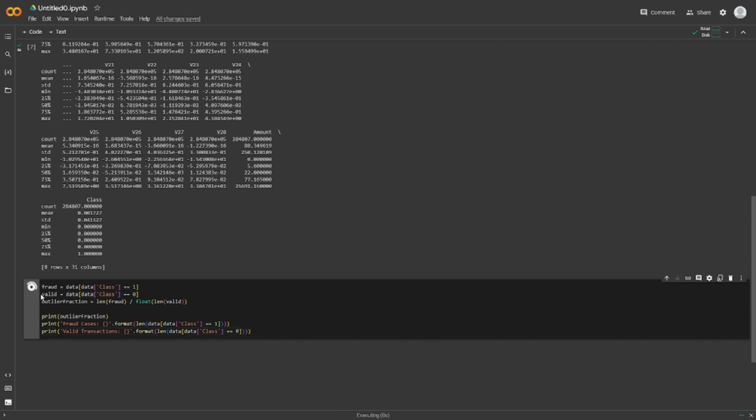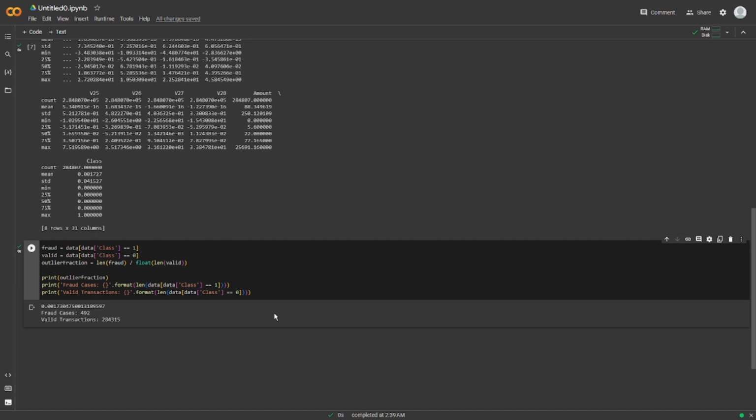Alright, let's make sure we didn't make any errors. Looks good. So in this code snippet, we create two subsets from the data set. Fraud, which contains the fraudulent transactions, and valid, which contains the valid transactions. We do this by applying a condition to the class column of the dataset. Transactions with a value of 1 in the class column are considered fraudulent, while those with a value of 0